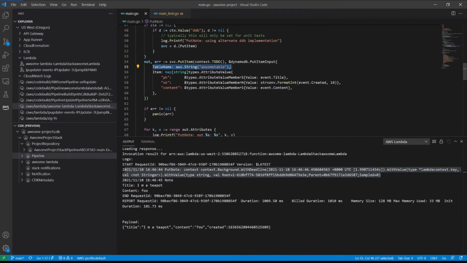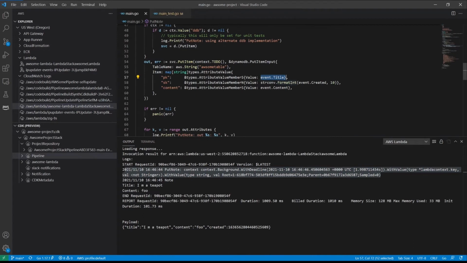And then the item that we want to add into DynamoDB. That will have what's called a partition key and a sort key that are mandatory attributes, and they're defined on table creation. Here I've named the partition key PK and the sort key SK, and we're adding in the event title for our partition key and the created time for our sort key.